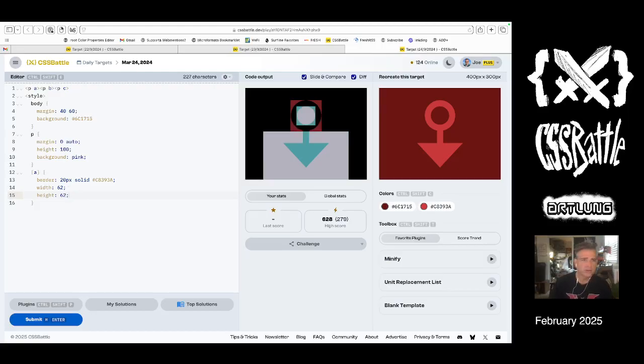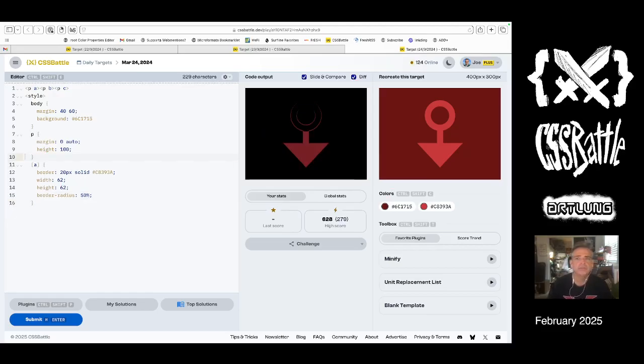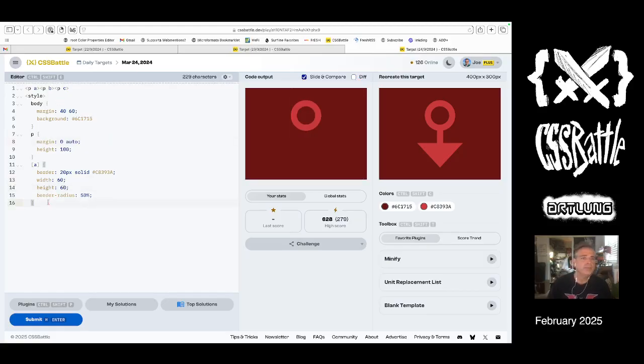Let's do a border. Border radius. 50%. Ooh, it's close. It's close, but not quite right. Let's remove that background. Plump. So that's close, isn't it? How about 60 and 60? Yeah, that's fine. All right, and now B